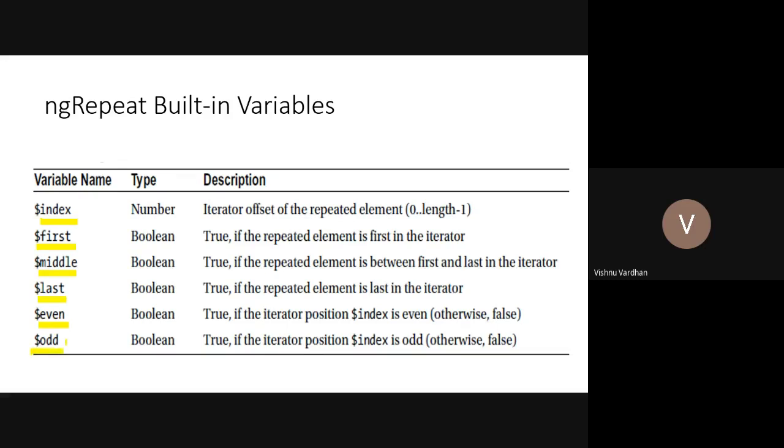Whether it is odd or even can also be identified easily by using these built-in variables, and accordingly you can choose to provide common functionality in your controller. Suppose in the case of even numbers coming from the data, you can skip them and show only the odd numbers available in the collection. So in that way some functionalities can be taken out of the box by default by using these built-in variables.